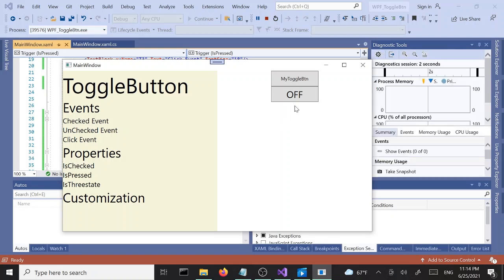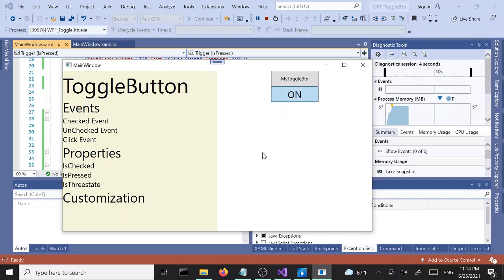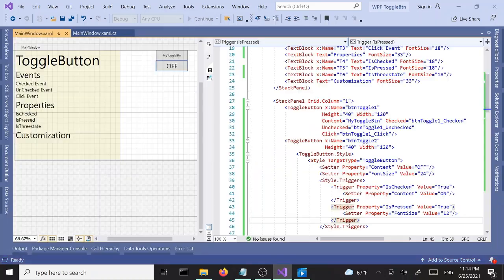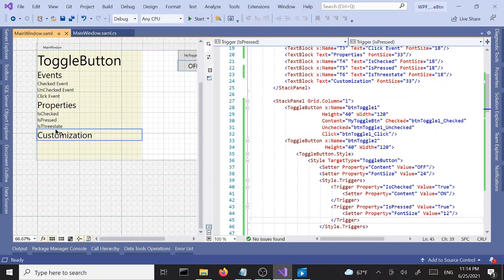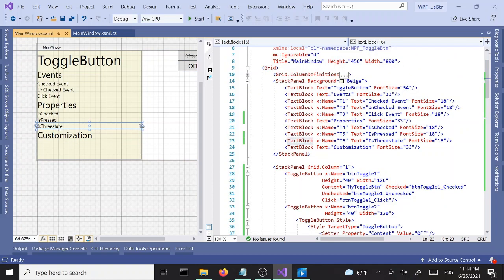Alright, so let's click the button. Did you notice that? So the font decreases to 12 and pops right back up to the original 24. Okay, so on, off. Alright, so that's the IsPressed property. Alright, next up we have IsThreeState. So this one,